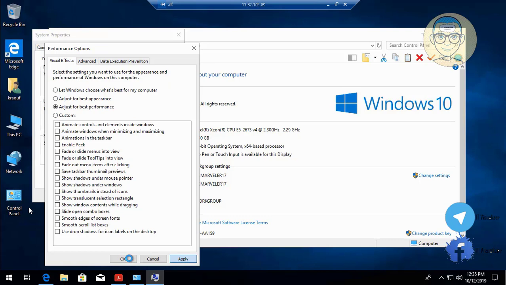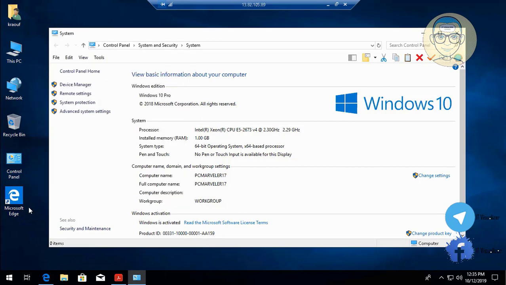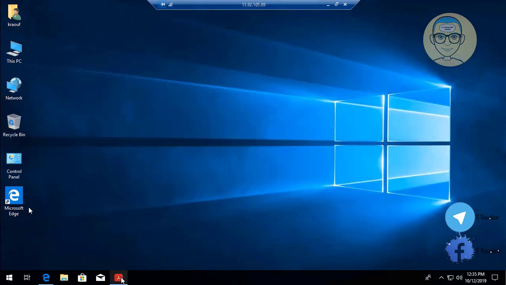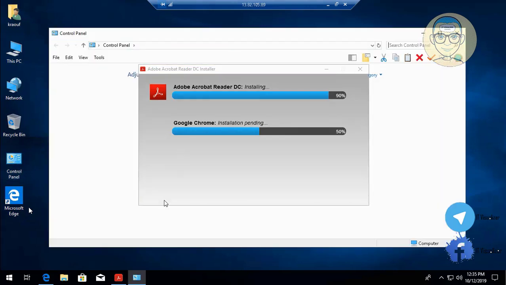So now we are making all of these changes and installing software to have this virtual machine as a template. So any machine created from this template will have the same settings and the same programs installed. Okay, so here we are still installing the Adobe Reader, and here now we will go and install